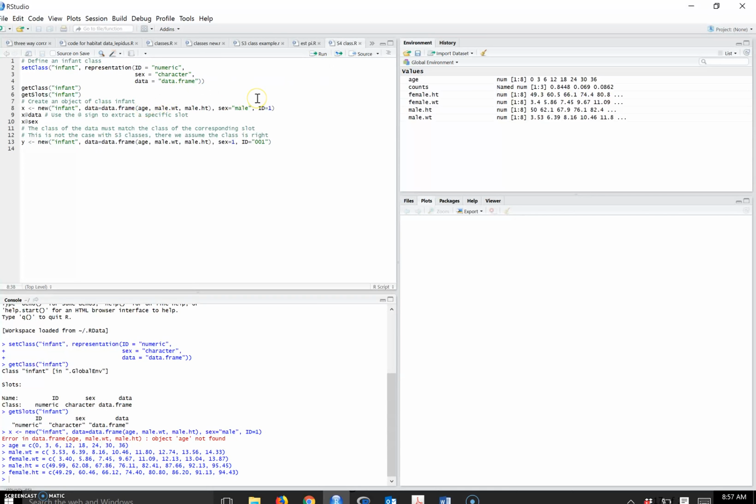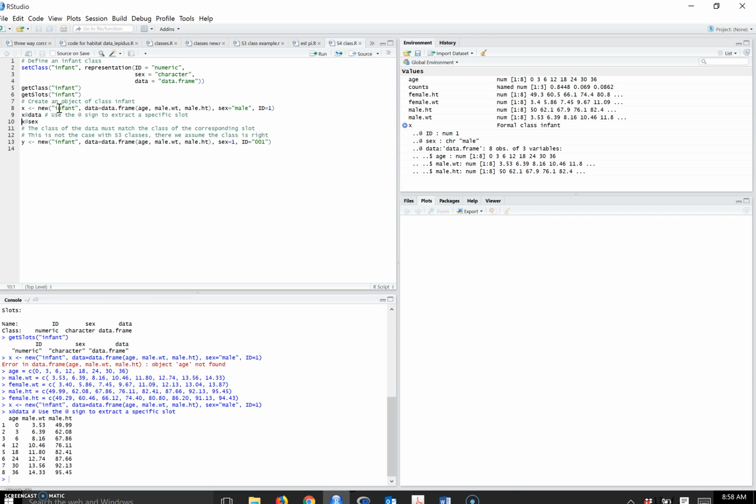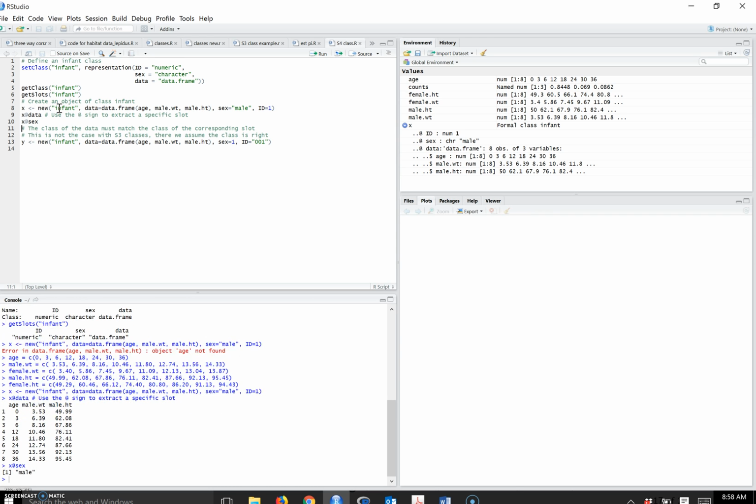So now I can create this new object X. Notice it shows over here in our list of objects within R, and it tells us this is a formal class infant. Infant is the name of the class, and formal class describes it. It's S4. We could get information on it by expanding it there. I can get at the data, which would be that age and height and weight, or I could get at the sex this way. Okay, so remember,